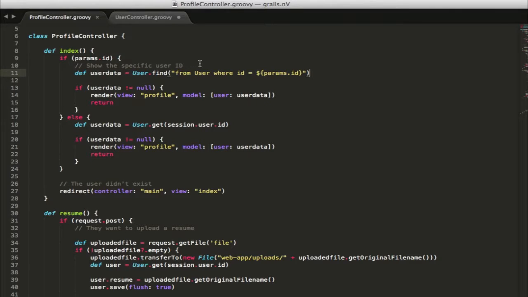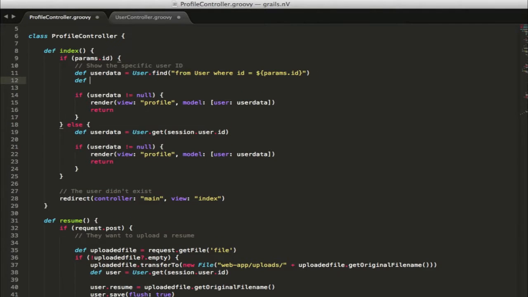In order to address this, we should use the Grails ORM, known as the GORM, which provides an easy accessor method for getting any object based on its ID. All invalid IDs or non-integer IDs will simply be rejected and caught by our error handler. So to do this, instead of defining user data by the query, we should define user data using the user.get method, which is a dynamic method added to all classes in your model. By passing the ID to the get method,